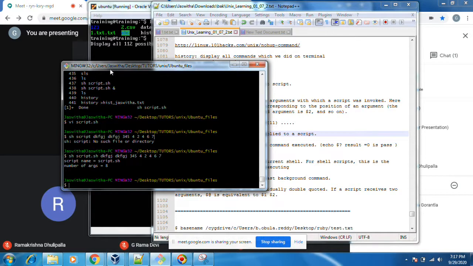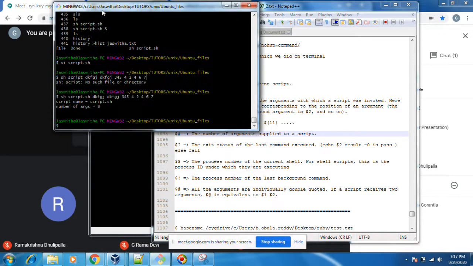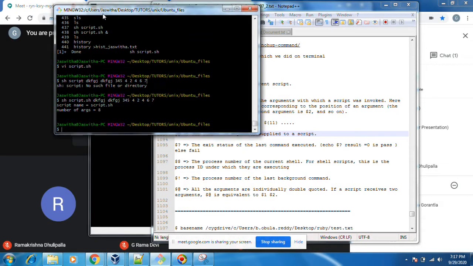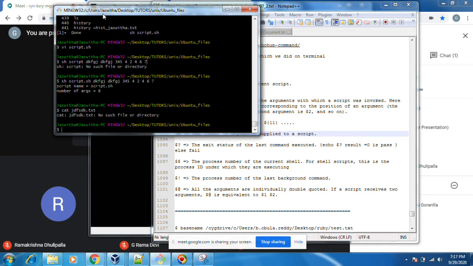Next thing is dollar question mark. How does it work? Suppose cat.txt. I know this command did not work properly. How does Unix know how this command worked?